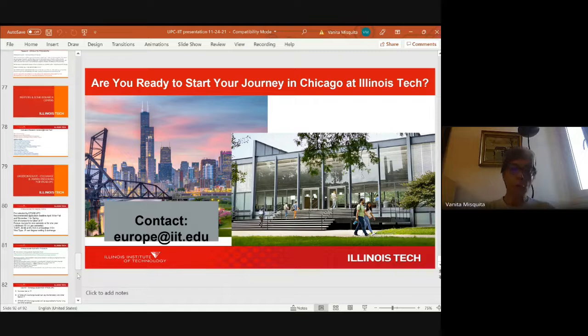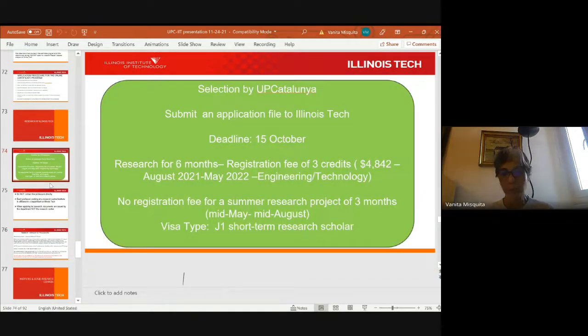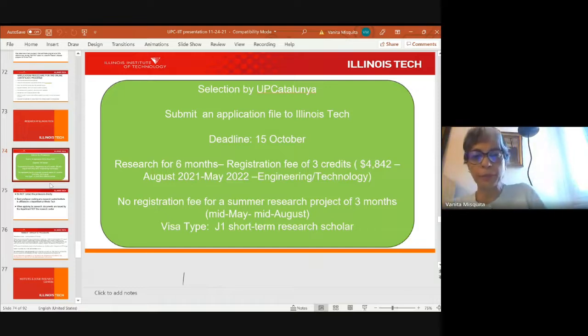Okay. For the non-degree research program, you have to be pre-selected by your school. Then your school will send me your name, and I will write to you about the application process. The application process is simply, you have to send me your transcript certified in English. You have to show proof of an intermediate level in English,